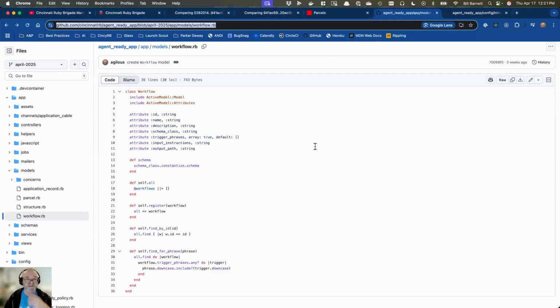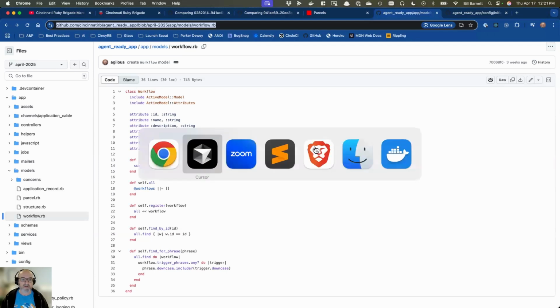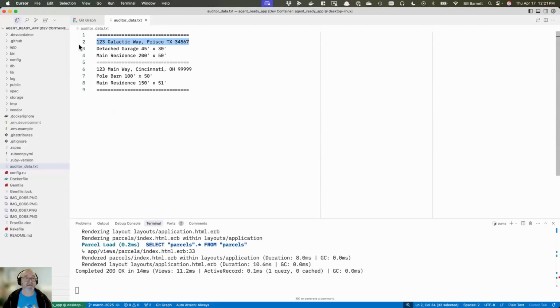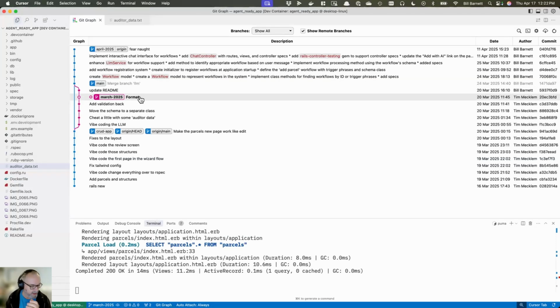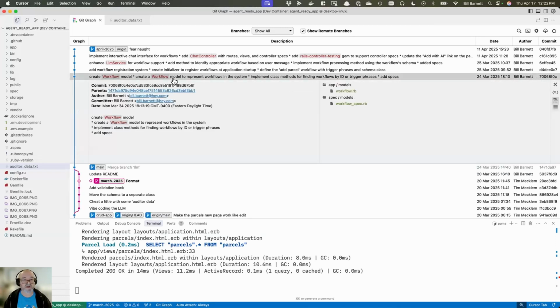So we started with essentially wanting to create a workflow class that will have some properties that will be useful for us. Let me pull up VS Code and look at Git Graph and walk you through the process. This is where we left off last month, March, at the end of the code that Tim pushed to GitHub. If you go to the March 25 branch, you'll see where we left off. Then I did a little README update, and then I added in the functionality that we're going to discuss now,